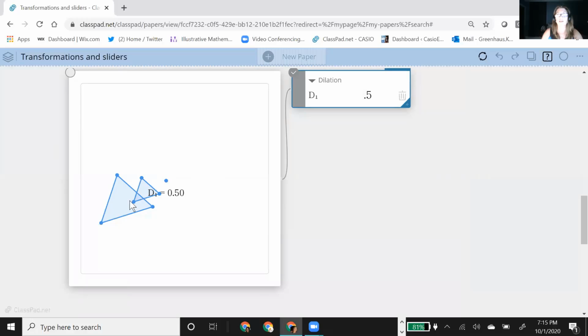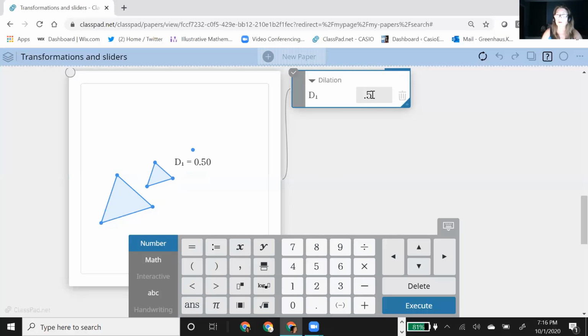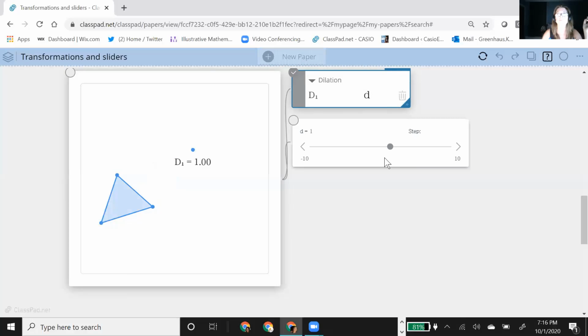And so notice that it creates a dilated image of the original 0.5 half towards the point of dilation. And I can move the point of dilation if that is something that I want to do. But here's where, again, instead of a number, you can use a variable. So let's just use the letter D for dilation. And now look what happens